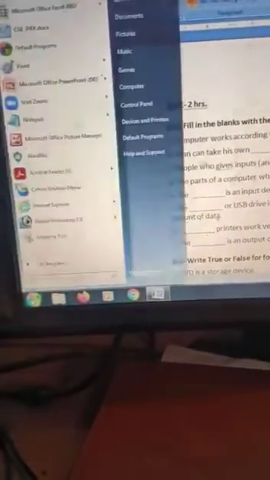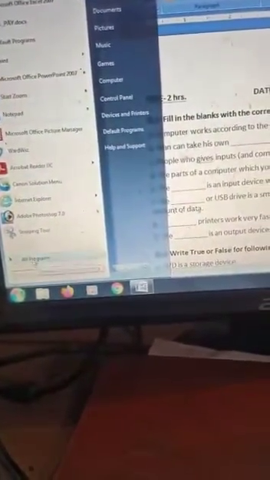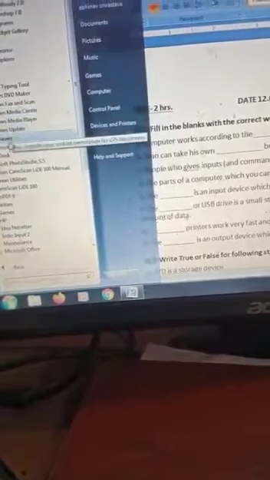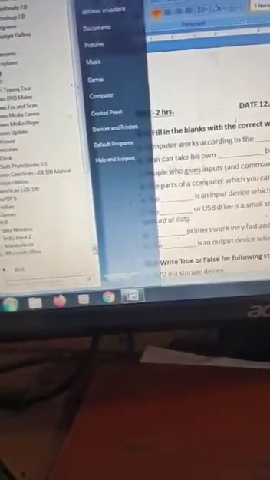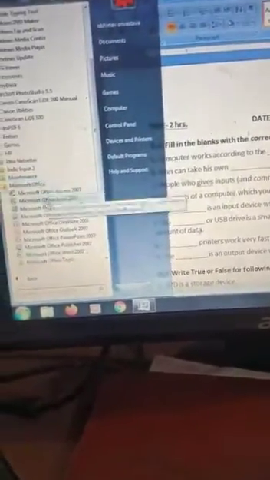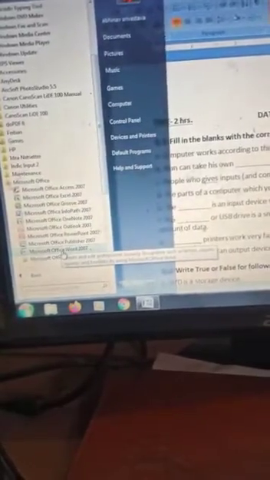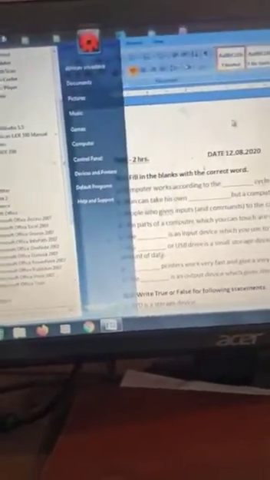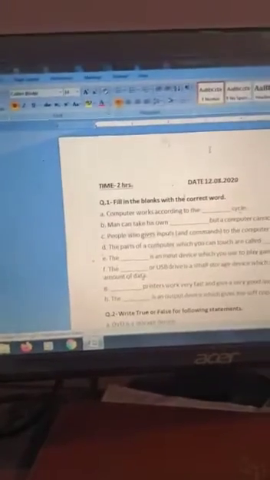So I will show you how we can insert a header and footer. First you open your MS Word, Microsoft Office Word. I think all of you know the process. You have to click on the Start menu and then go to All Programs, and in All Programs there is a folder, Microsoft Office. Click, and from that you have to select Microsoft Office Word. Okay, that will open. I have already opened it. Okay, and how can we insert?